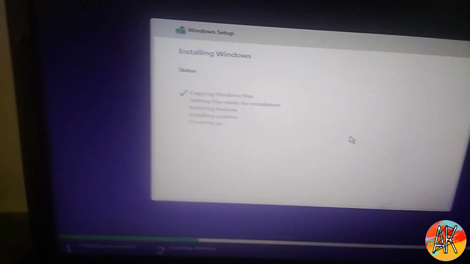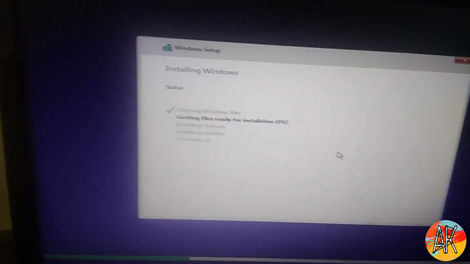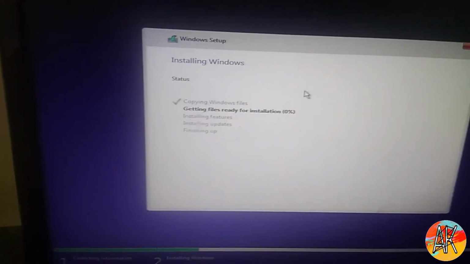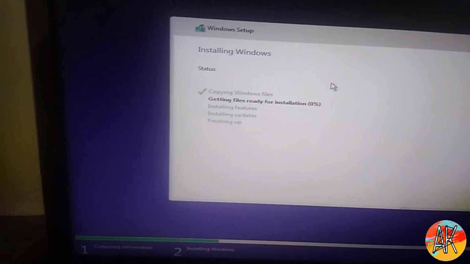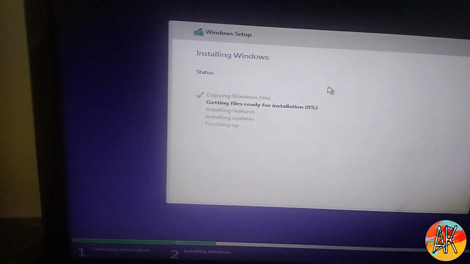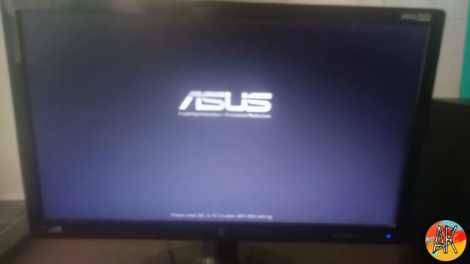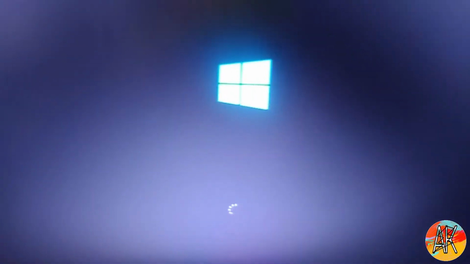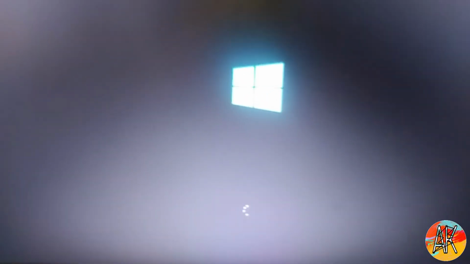You can see that this will take a little bit of time, and this is the main installation of Windows. I will meet you when this process completes. So guys, now you can see that my installation process is completed. The percentage was showing, and now it is 100%, so it's completed. My PC has restarted one time. Now you can see that our Windows 10 has been installed, and the further process has started.